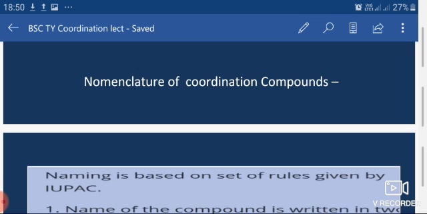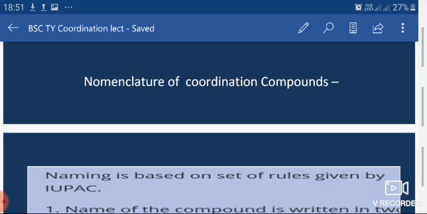Now see, many compounds exist in this universe, and similar to that, many people exist in this universe, but each existing man in this universe has a particular name. Similar to that, we must give names to the chemical compounds also. We had similarly seen the nomenclature of organic compounds in 11th standard and in BSc FY also. Similarly, today we will see the nomenclature of inorganic compounds,